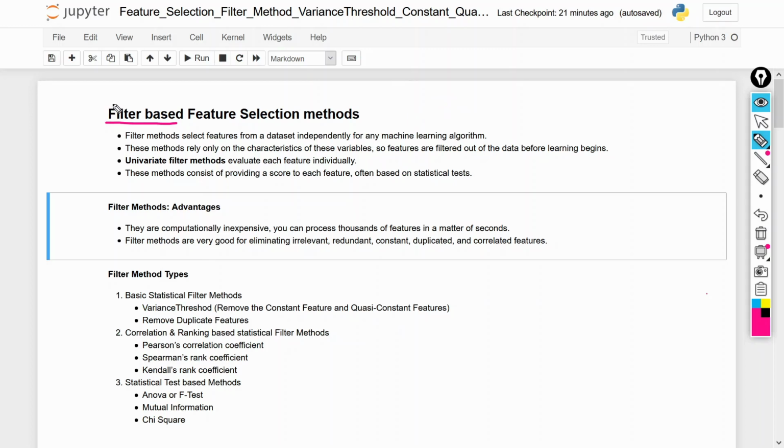As the name suggests, filter means we filter the features in our data set. There are 4 features we have. This is your first feature, second feature, third feature, and the fourth is your output. So we filter the features. It means I am going to train our model by using these features, and this is your output.